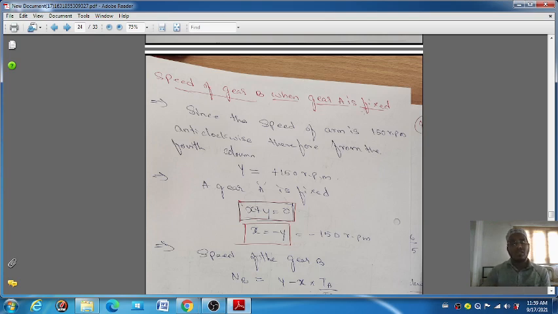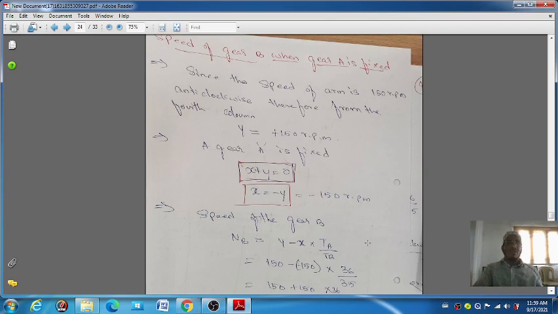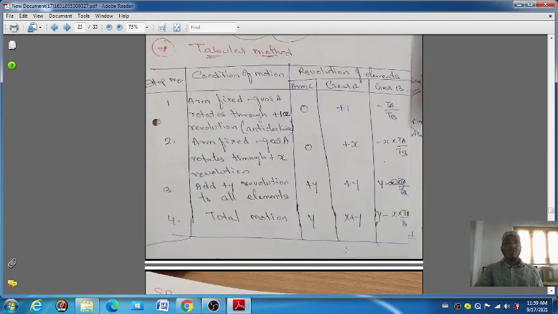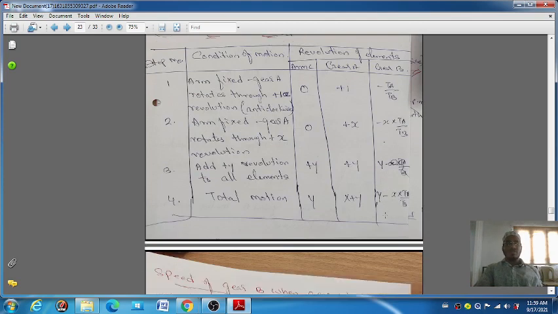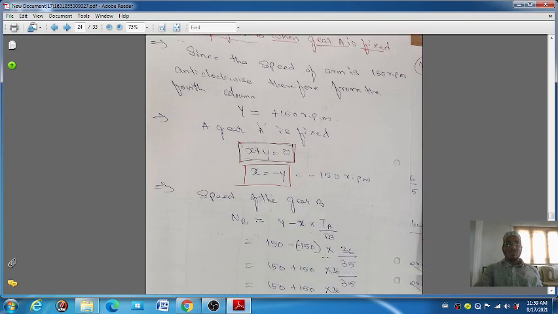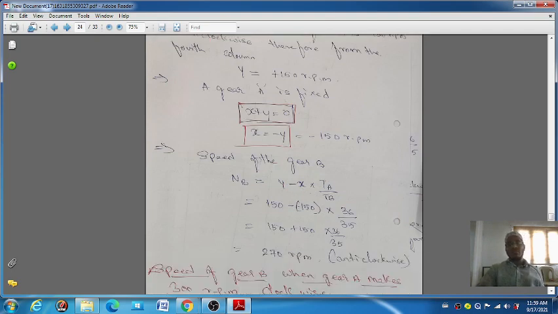Then you have to change the value, we have to pass the value from left side to right side Y, then you will be get X is equal to minus Y. Just substitute the Y value, then you are getting here the X also. Okay, the speed of the gear B you know very well, where you from the total motion, speed of the gear B is the last formula. About this formula you will be get the value. Just same you have to copy paste this formula here, then substitute the value of X and Y and TA by TB, then speed of the gear B you will be known here. That is the anti-clockwise direction.